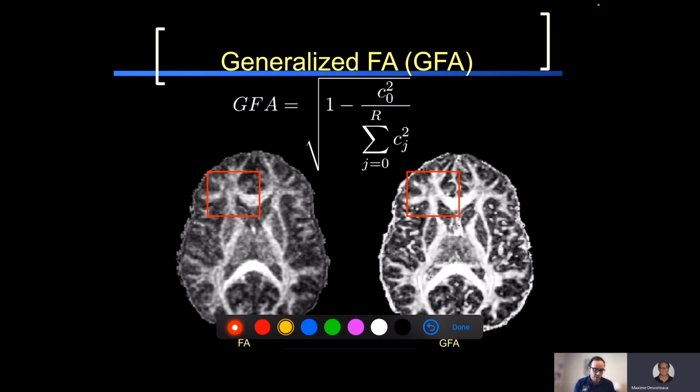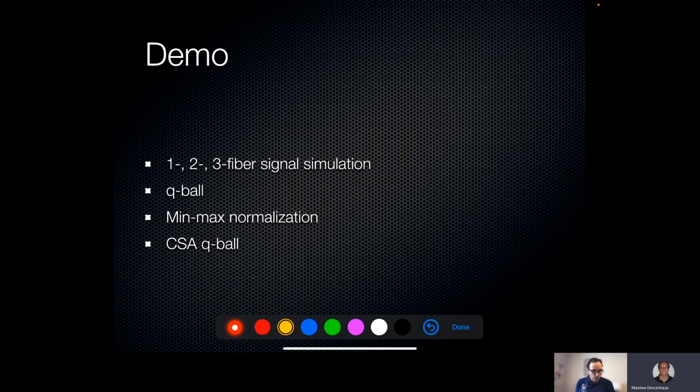So it's just a difference between a perfect stick, which would be 1, and 0, which would be a perfect sphere. And this is a measure of how spherical your ODF is. So the analogy of FA in the DTI world, but now for the world of cue ball imaging and ODFs on the sphere. So now I'm going to switch to my demo, but we're going to stay in the same